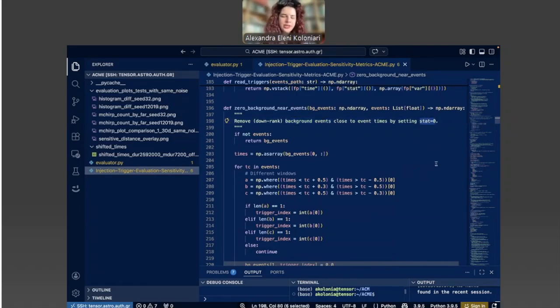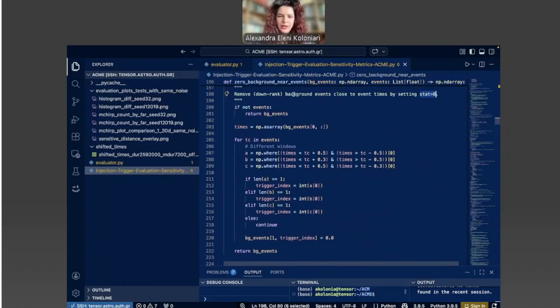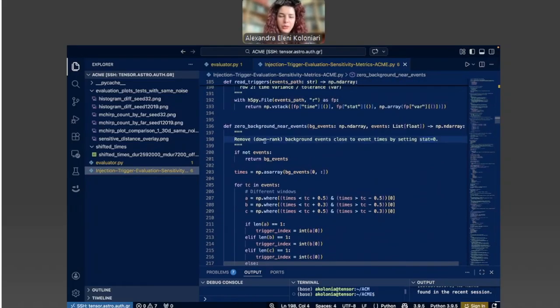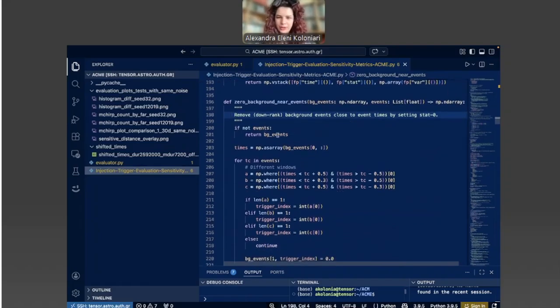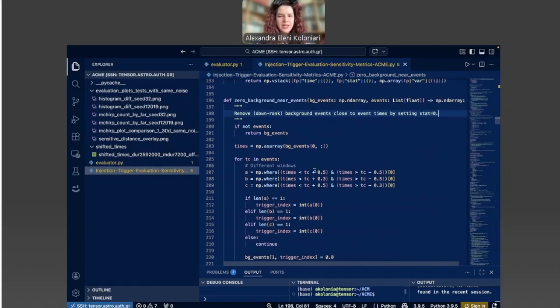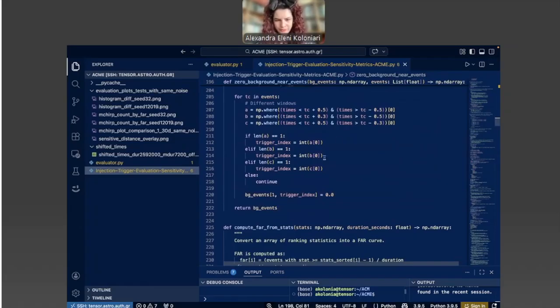And because we consider positive samples, triggers that have a rank statistic greater than 0.5, that basically says, okay, that specific trigger is actually noise. And that way, those events do not bias our false alarm estimation later on. You can see a lot of things regarding all those things that we're discussing for that specific notebook in the corresponding publication.